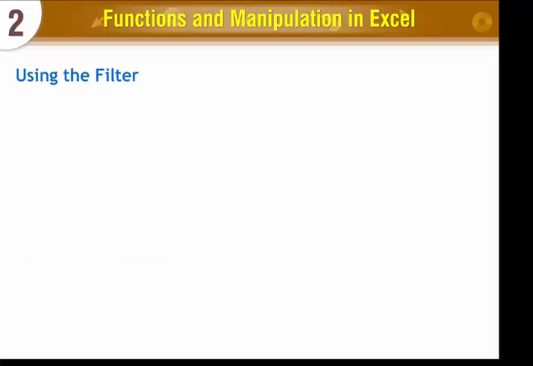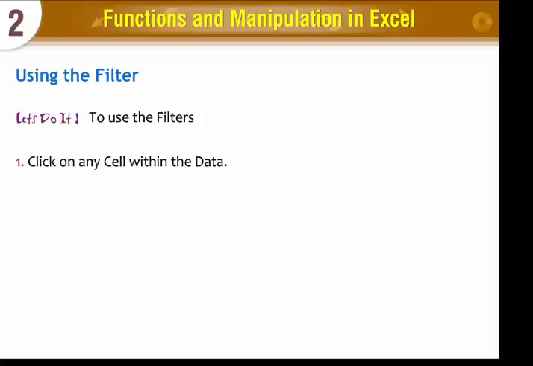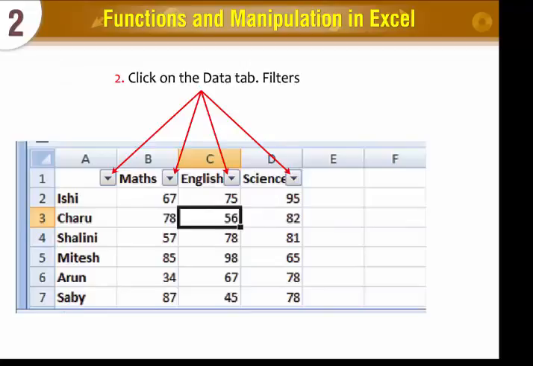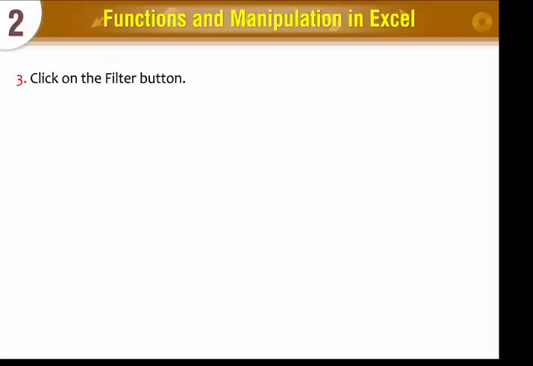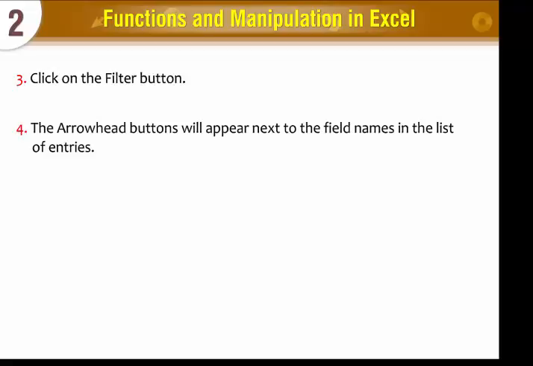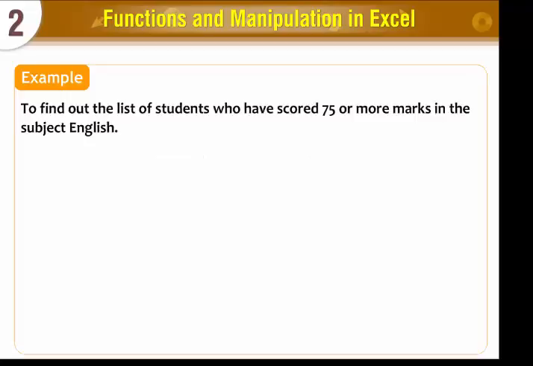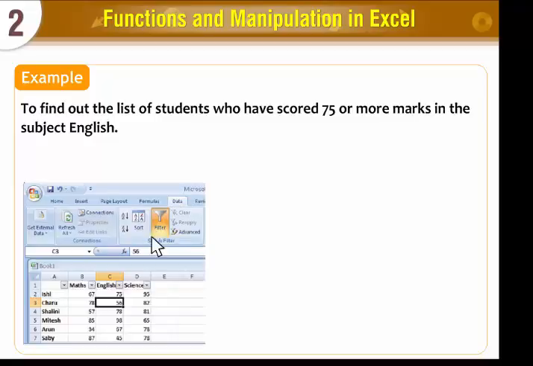Using the filter. Let's do it. To use the filters, click on any cell within the data, click on the Data tab, click on the Filter button. The arrowhead buttons will appear next to the field names in the list of entries. Example: to find out the list of students who have scored 75 or more marks in the subject English, click